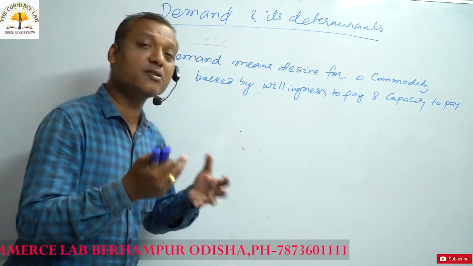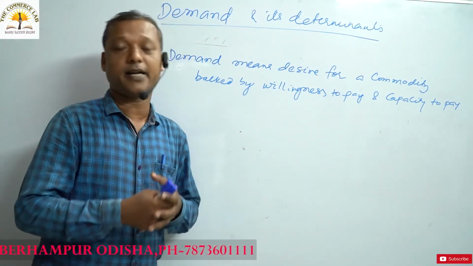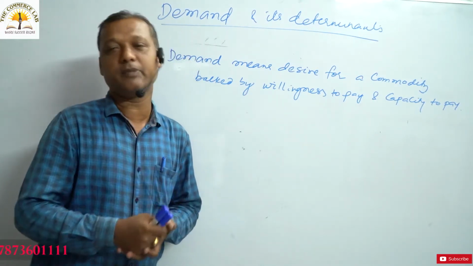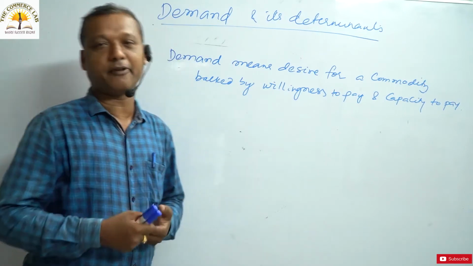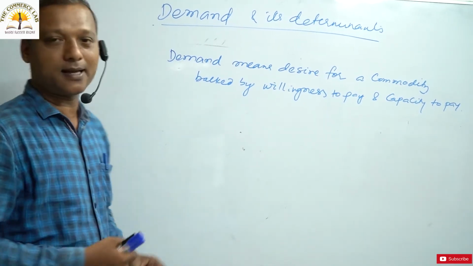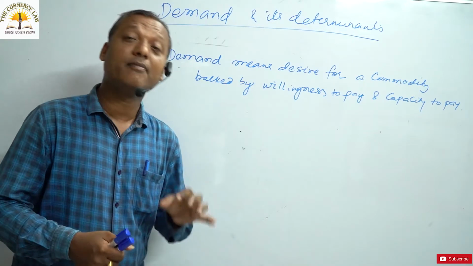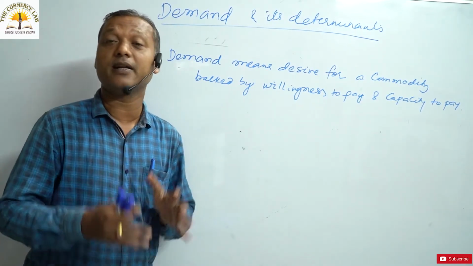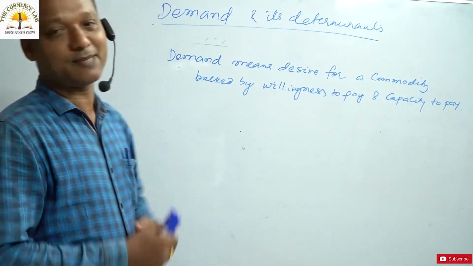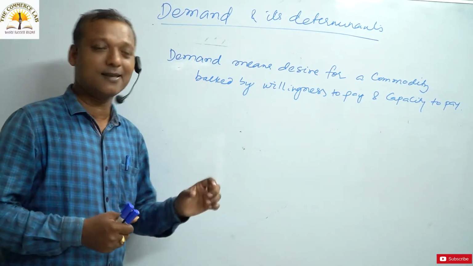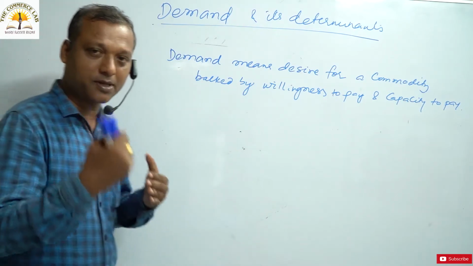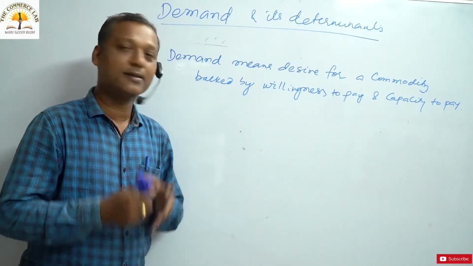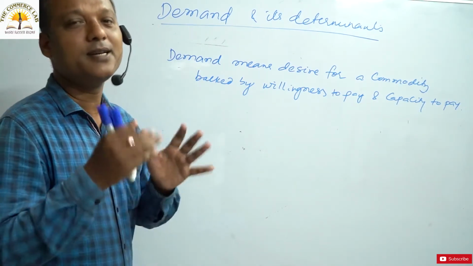When we use some items in our day-to-day life, there must be a goal, an objective for that. You should understand that the aim, the purpose of a rational, normal consumer is to get maximum satisfaction. Demand, which is a part of consumption and of the consumer, works with the consumer's objective in mind: they must get maximum satisfaction.